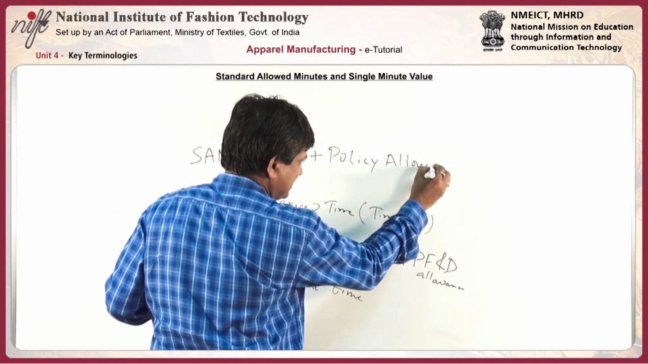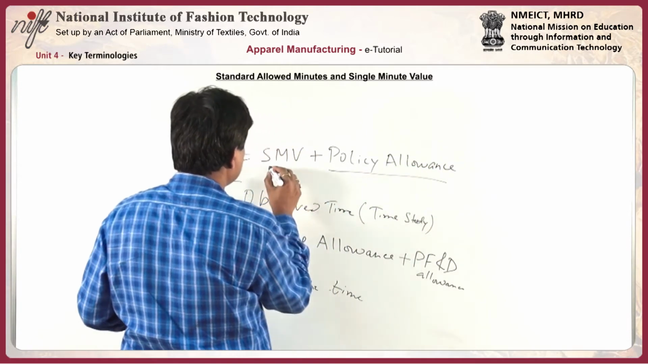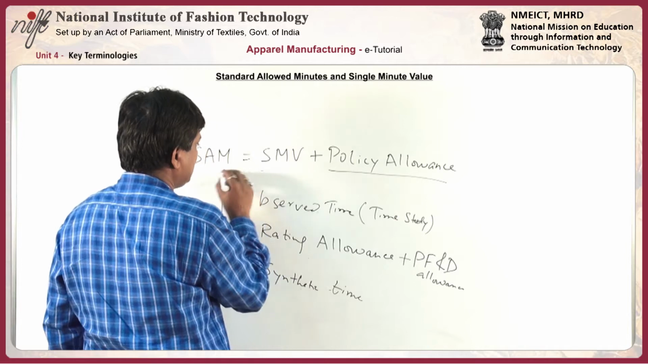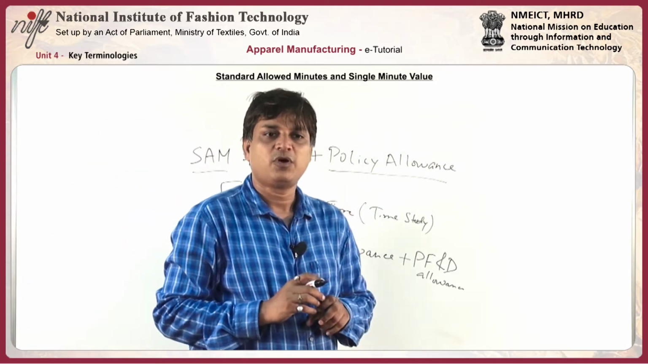We'll discuss this in detail. What is the policy allowance? How has it been added? But here I just want to tell you that the policy allowance is